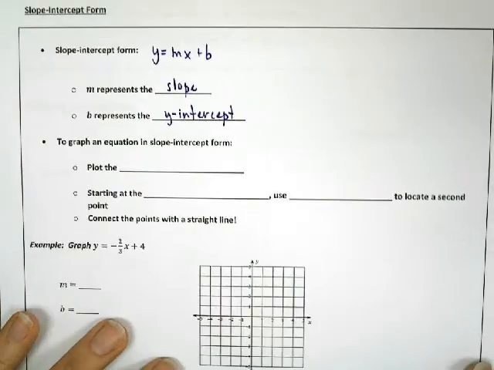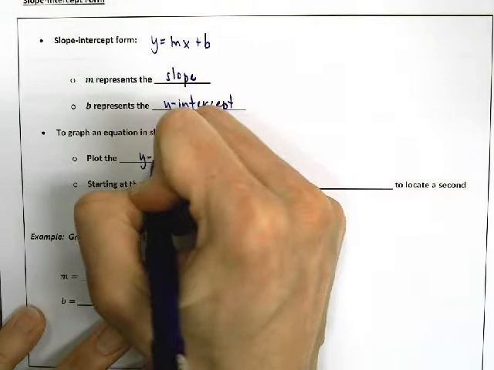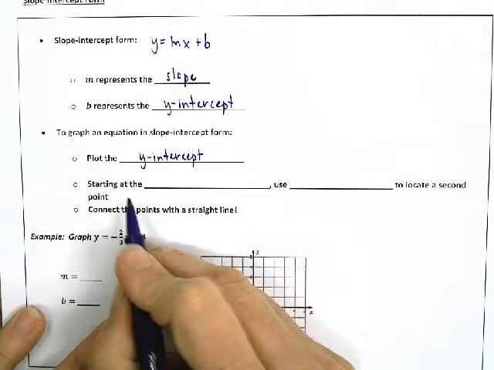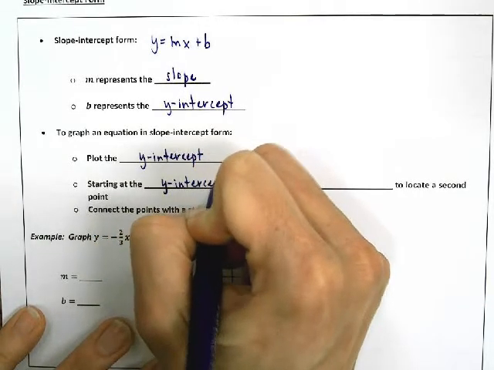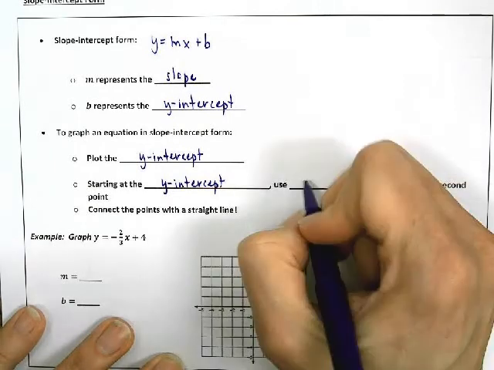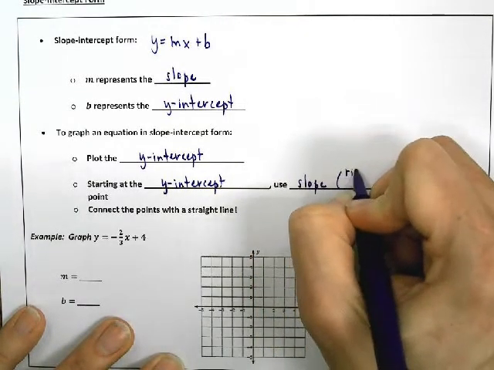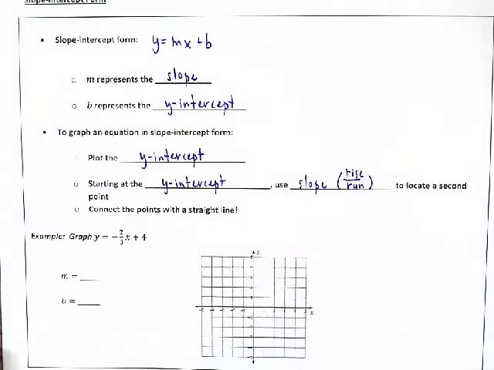Okay, so to graph an equation in slope-intercept form, first thing we're going to do is plot the y-intercept. Then, starting at the y-intercept, we use the slope, or really rise over run, to locate a second point, and then we're going to connect those points with a